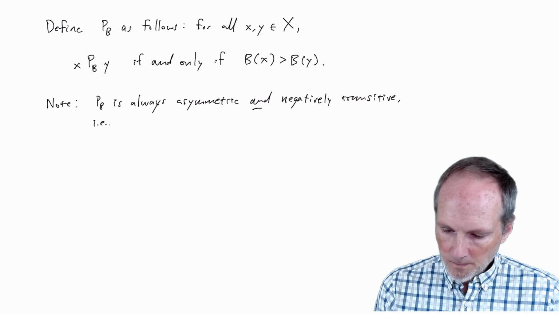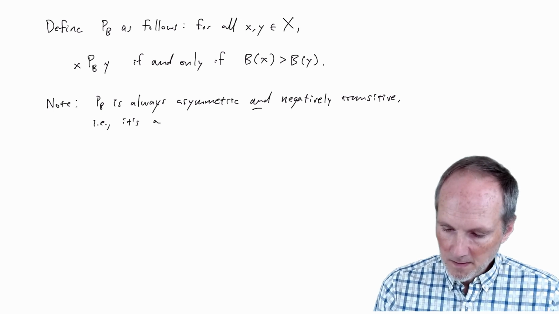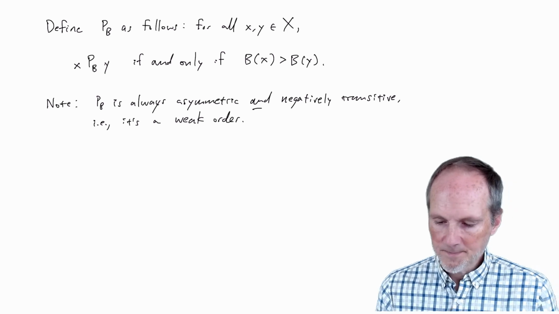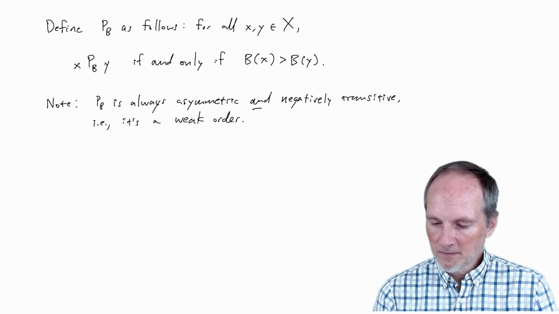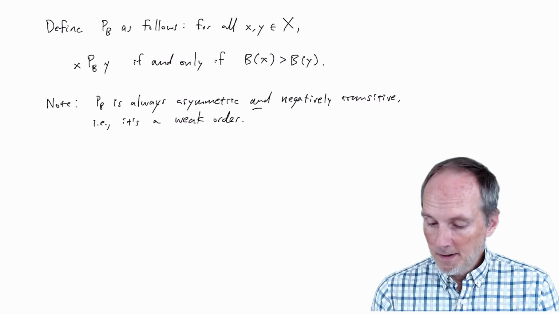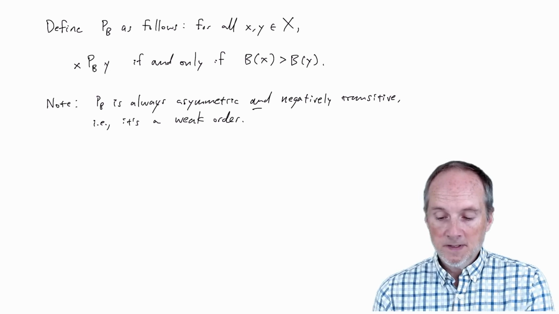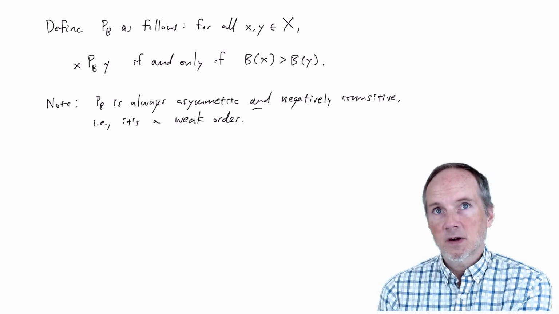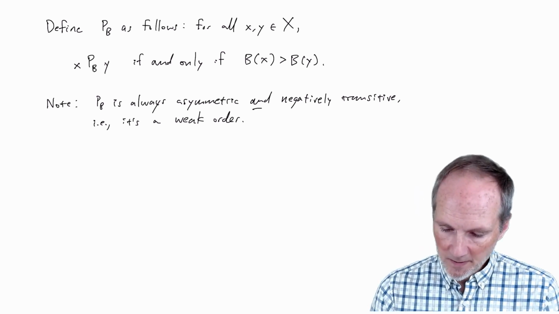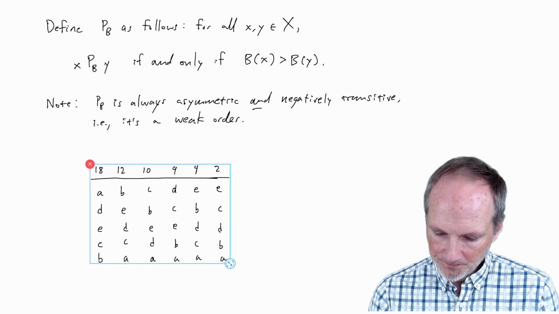So that means it's always a weak order. All right, so it always gives us a ranking of alternatives, and that's a nice advantage of Borda. So there's always going to be a well-defined choice using Borda. And if we go back to our example,